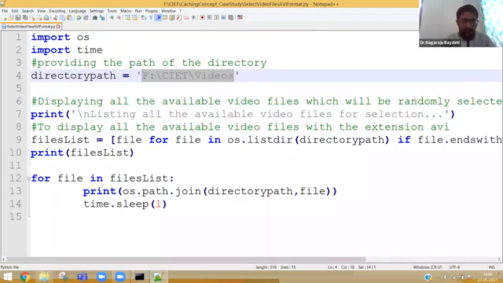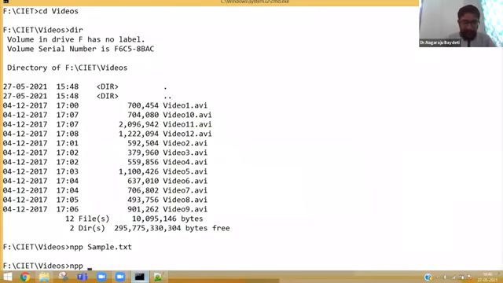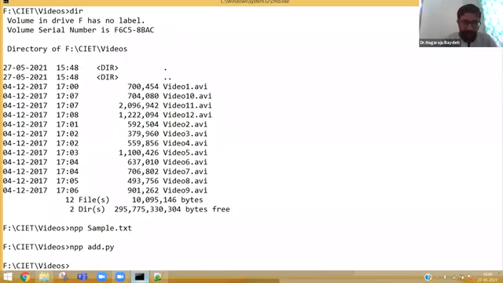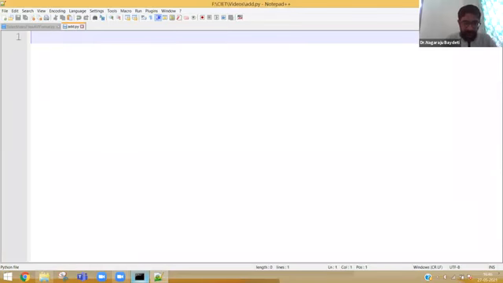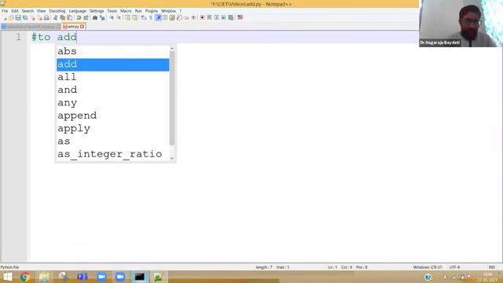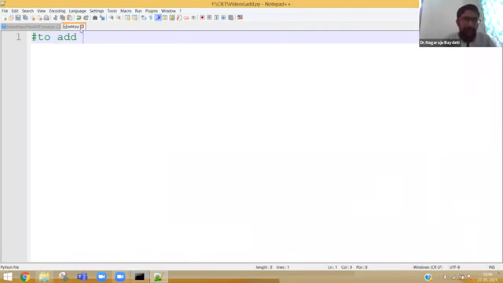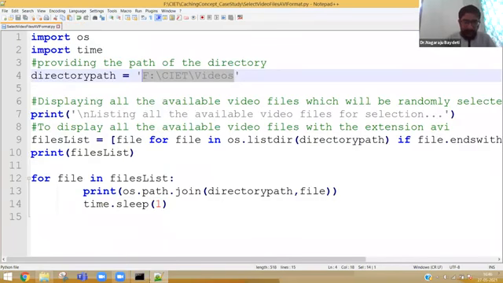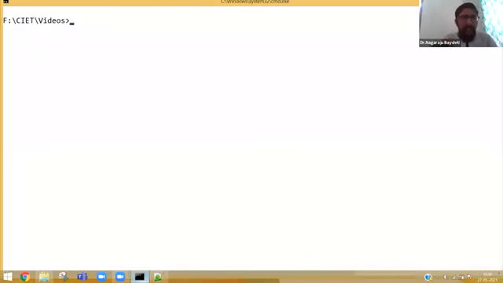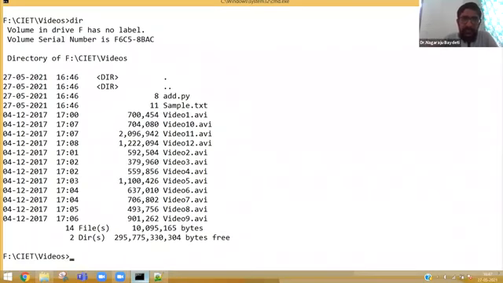Now let me create one more, like add.py. Purposefully I am writing two files here. Simply write something to add. That's all, nothing else is there. Now everybody please observe, in this CAET videos directory, if you say dir, now 14 files are there. In addition to the 12 video files, there are 2 more files. One is a Python file, another one is a text file.